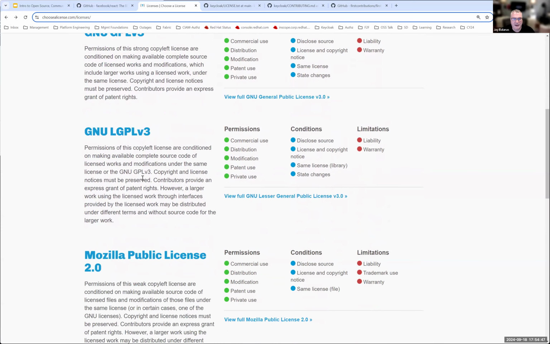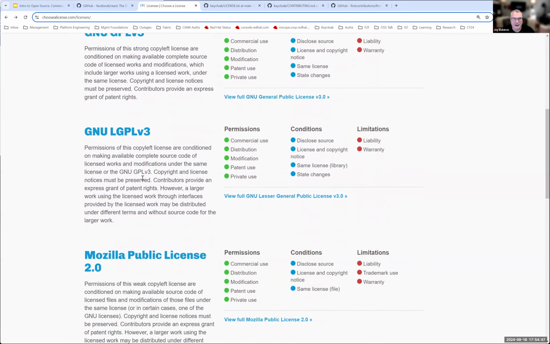All right. And so lots of different projects, like here's React. Where's theirs? License, right? So they have theirs, which uses the MIT license, the standard. And so it's a good place to go learn more about the different licenses.